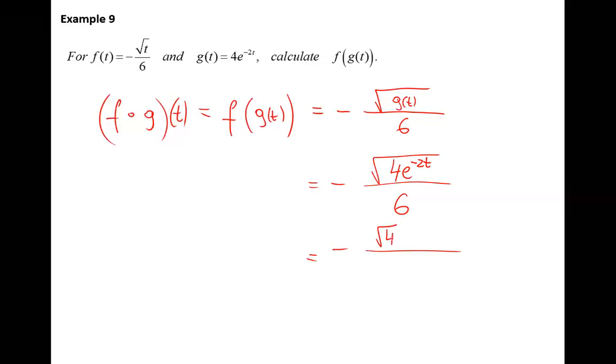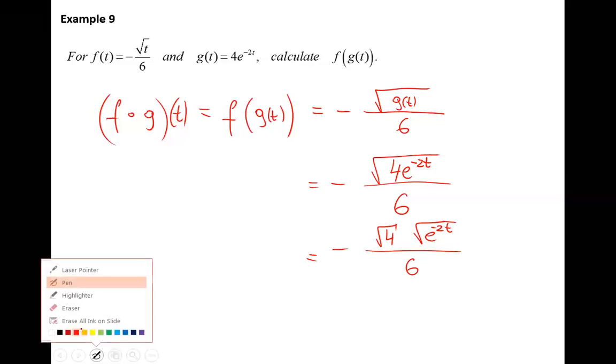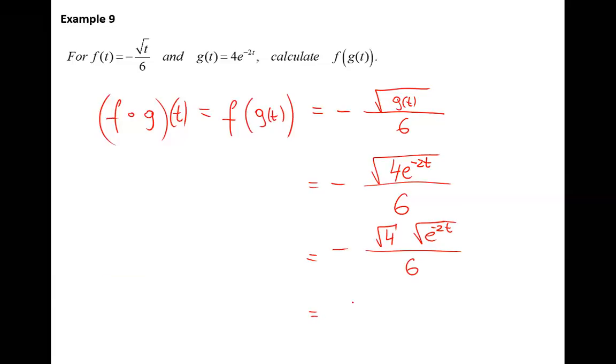Square root of 4 and square root of e to the power of negative 2t, 6. Square root of 4, of course, is 2. 6 divided by 2 is 3. And I can also simplify